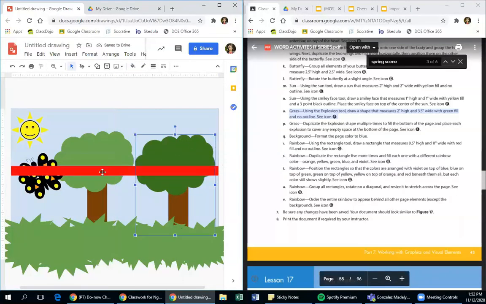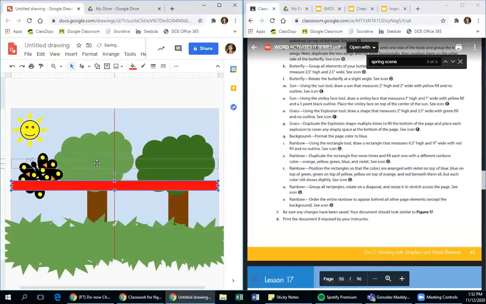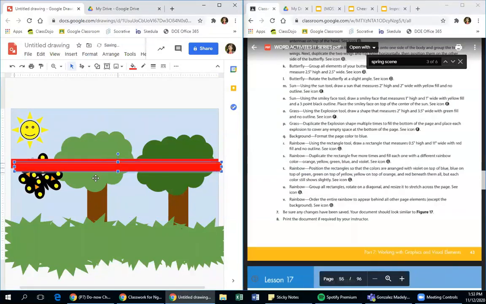Okay, and it's 11 inches to span the whole page because I changed it to 11 inches for the page. So now they want me to make red, and then they want me to duplicate it 5 more times and change the colors to orange, yellow, green, blue, and violet. And they also want me to arrange it in a specific order. So they want violet on top. So let me just copy and paste this 5 times. 1, Control C, Control V, 2,